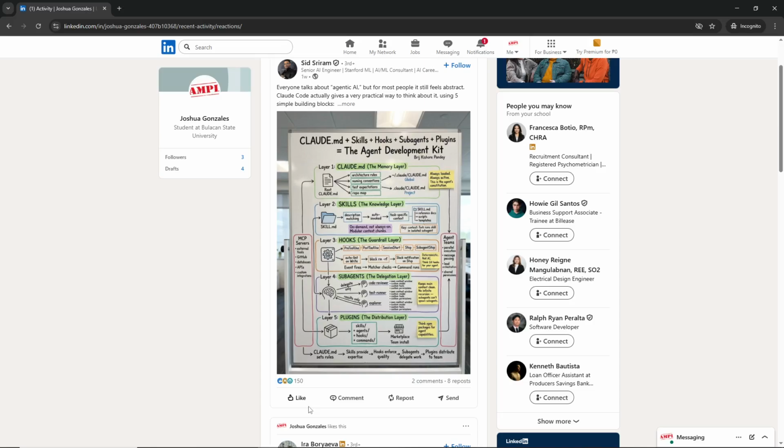And that's it. You've successfully removed a liked post from your LinkedIn activity. This gives you better control over your professional presence and ensures your activity section reflects only the content you truly want to be